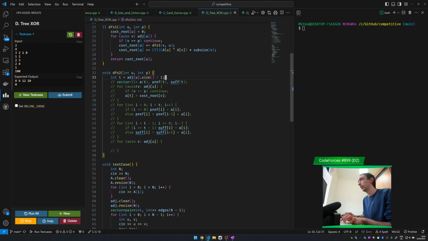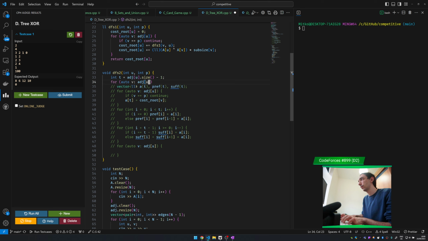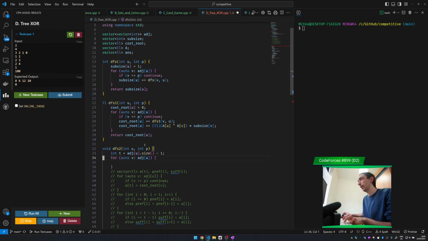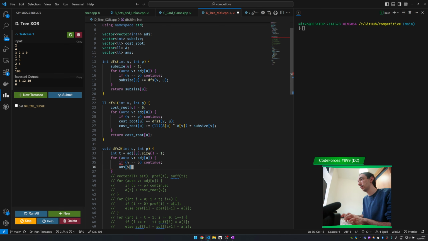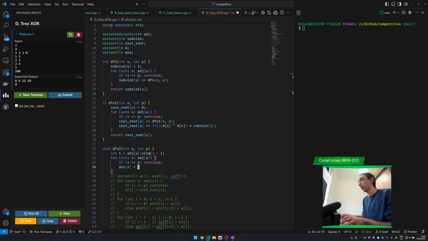I can say that then the answer, if v is parent is continuous, answer at v is going to be equal to the cost rooted myself u minus